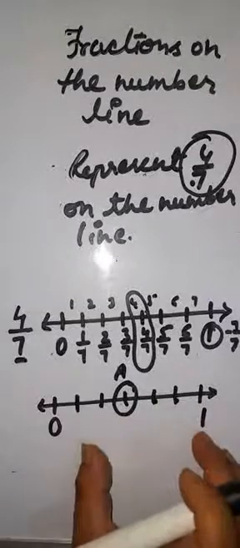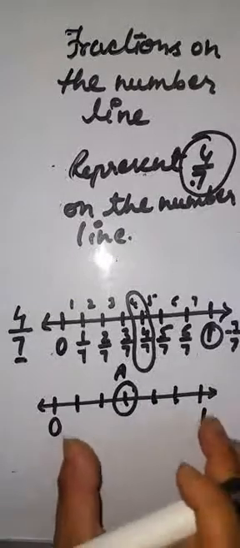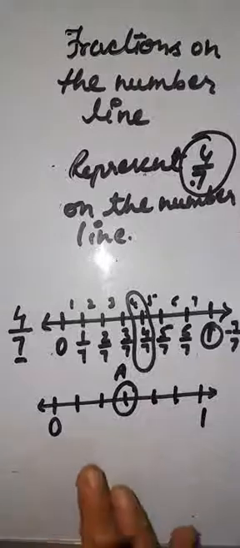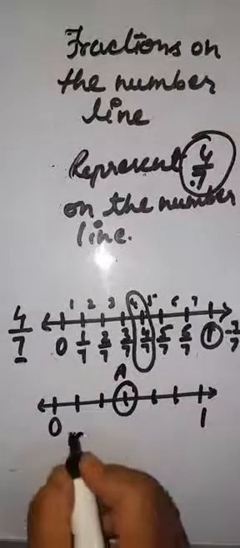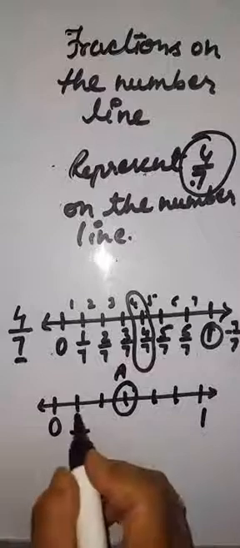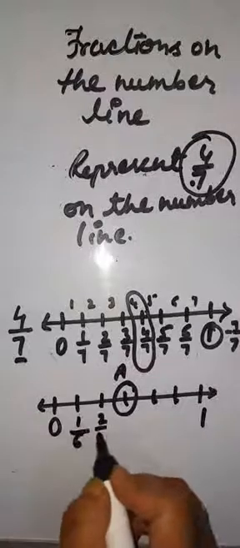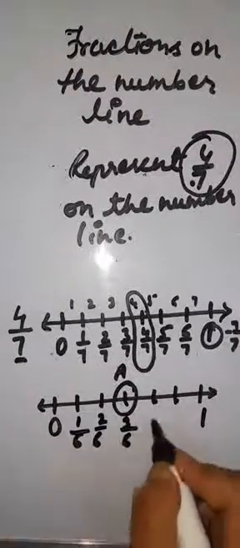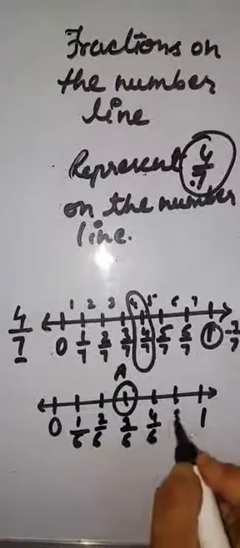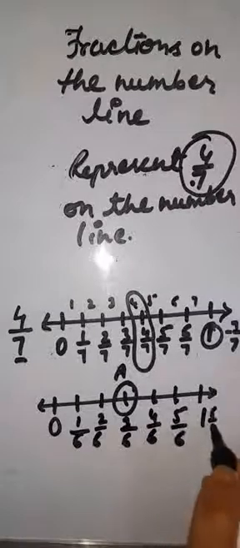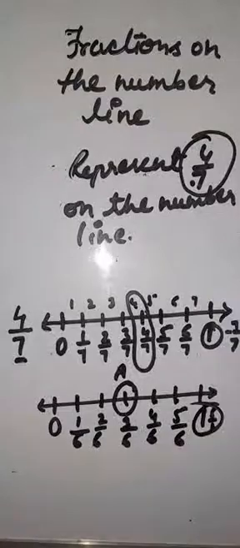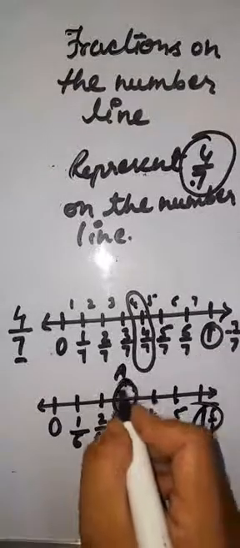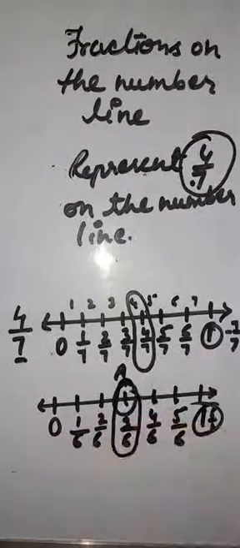So you have divided the line into 6 parts in total, right? So for the denominator you will write 6. Now count 1 out of 6, 2 out of 6, 3 out of 6, 4 out of 6, 5 out of 6, 6 out of 6, that means whole. So this point is known as 3 out of 6. Alright children, in this way we can represent fractions on the number line.